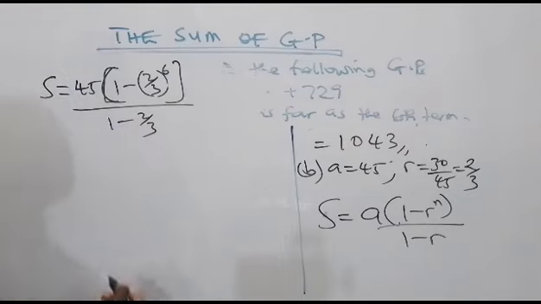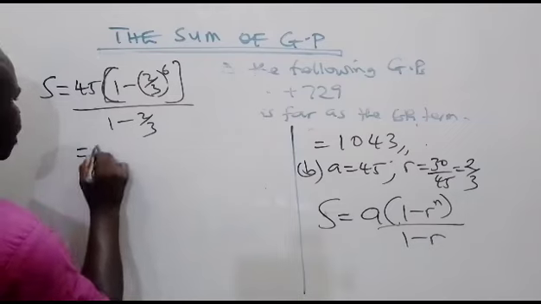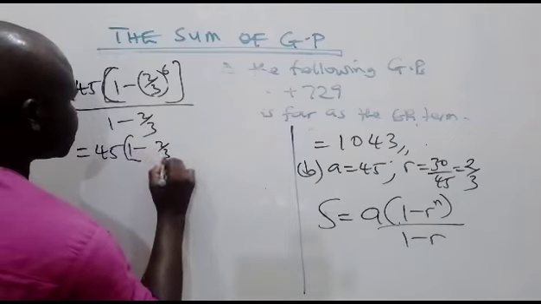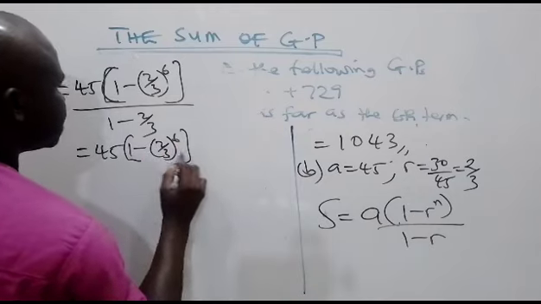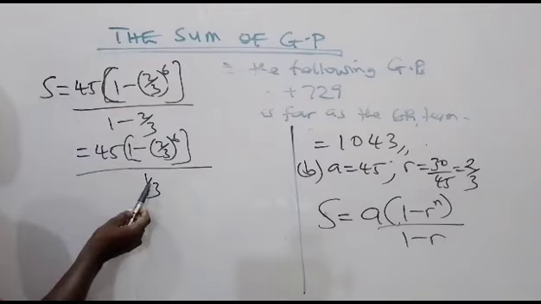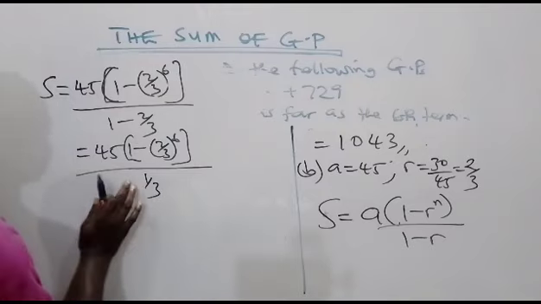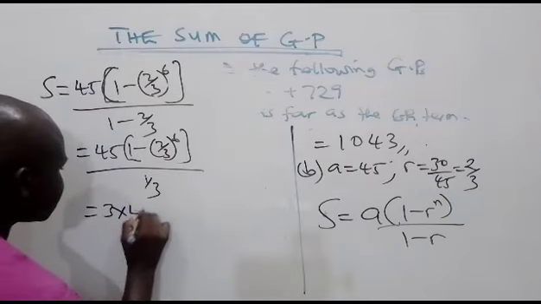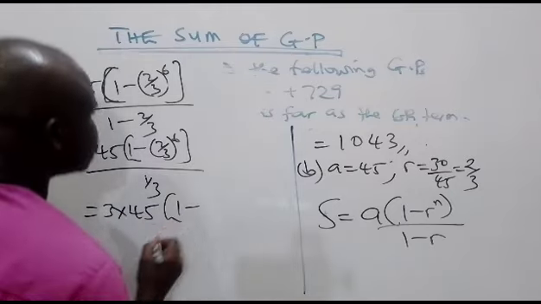So what is 1 minus 2 over 3? This is the same thing as 45 into bracket 1 minus 2 over 3 raised to 6, then all over 1 minus 2 over 3, which is 1/3. Of course, if we are dividing by 1/3, this 3 can come up, so that at the end of the day, we are going to have 3 multiplied by 45 into bracket 1 minus 2